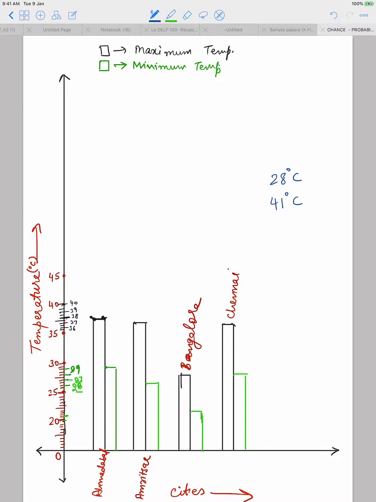So there is no point in marking the numbers from 0, then 5, 10, 15, 20, 25 and so on, when I know that I don't have to mark any reading between 0 to 15. So I need not mark it. I am straight away starting with 20. So what we do here is we put a kink mark here like this. Can you see that? I have put a kink mark here with a blue color.